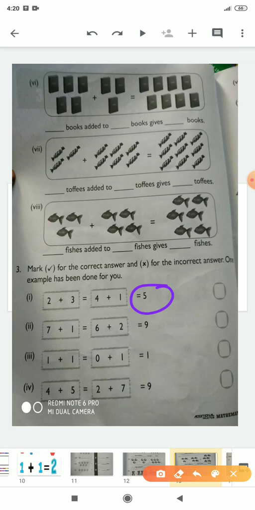So what you have to do, first of all you have to count 2 and then 3. So if we count 2 and 3, it comes to 5. Okay, good. Now count 4 plus 1. So if we count 4 plus 1, then also 5 will come. It means both the questions have the same answer, that is 5. So we have to tick. Okay. Now in the next question,